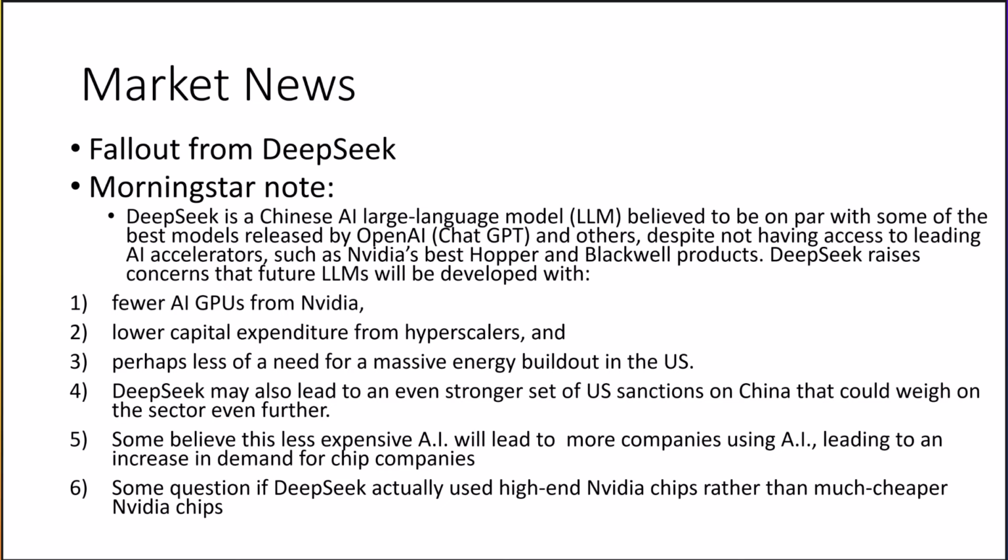They said, we believe the sell-off is related to better than expected performance of DeepSeek. DeepSeek is a Chinese AI large language model believed to be on par with some of the best models released by OpenAI, which developed ChatGPT and others, despite not having access to leading AI accelerators such as NVIDIA's best Hopper and Blackwell products. DeepSeek raises concerns that future LLMs will be developed with 1, fewer graphics cards from NVIDIA, which is obviously bad for NVIDIA,